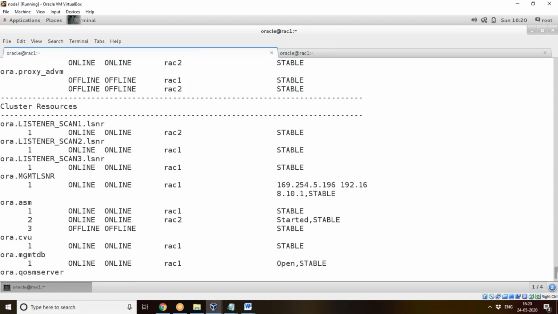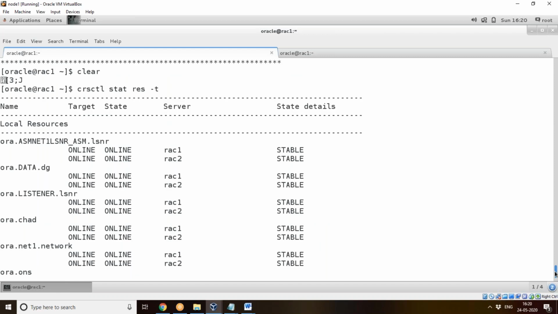For our network IP, ora.net1.network. Using the network we are able to connect to the instance; the applications get connected through ora.net1.network only. Next one is ora.ons. ONS means Oracle Notification Service, which is one type of service between the nodes that sends notifications.